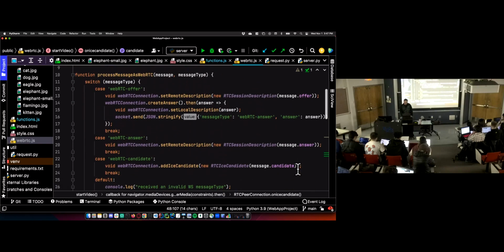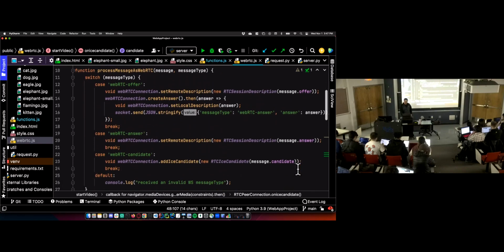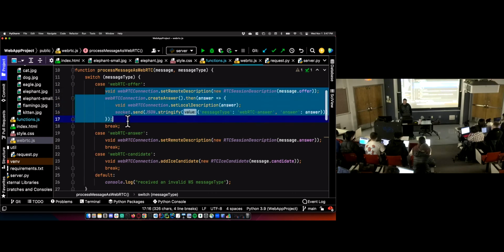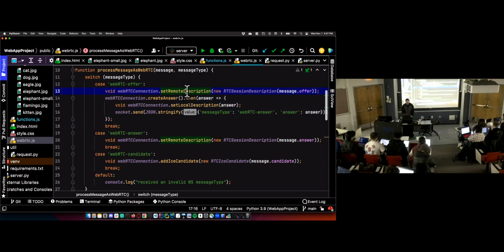And we have our WebSocket messages. There are 3 different message types we can get: a WebRTC offer, a WebRTC answer, or a WebRTC candidate. When we get an offer, we're going to set some various things on our WebRTC connection. Or actually, we're only going to set 2 things, I guess. We're going to set the remote description